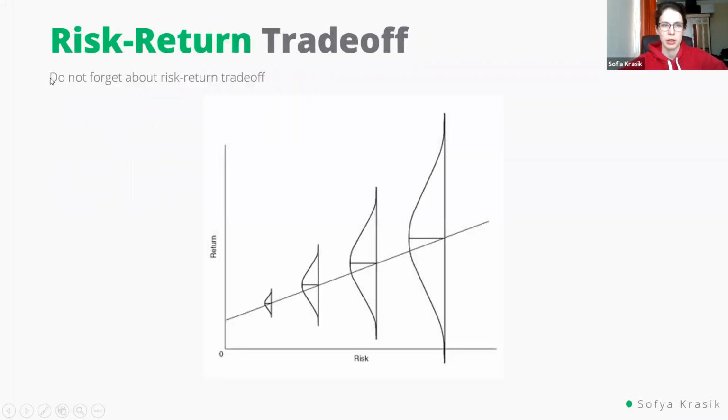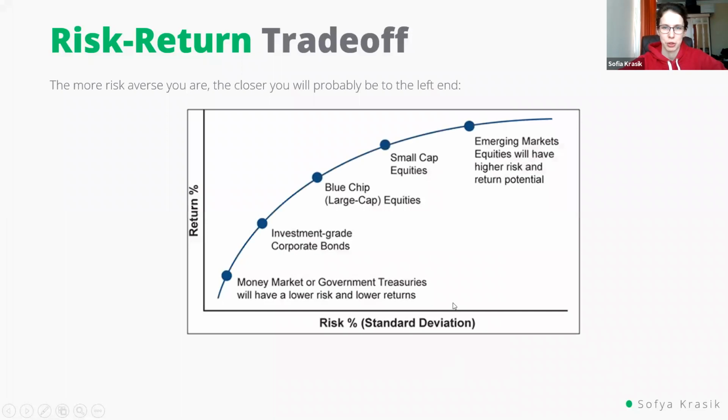So, as I said, do not forget about the risk-return trade-off. I just remind you of this extremely important concept that, in general, higher expected return assumes higher risk. So you see, the higher we go up on return, the wider the probability distribution of the final outcome. And again, this picture we already considered, but still, just to remind you, usually it is considered that